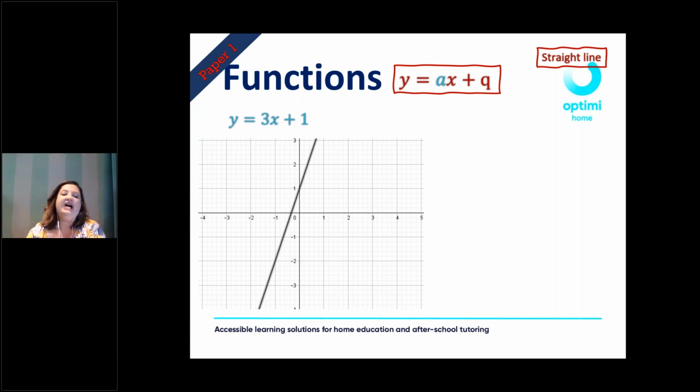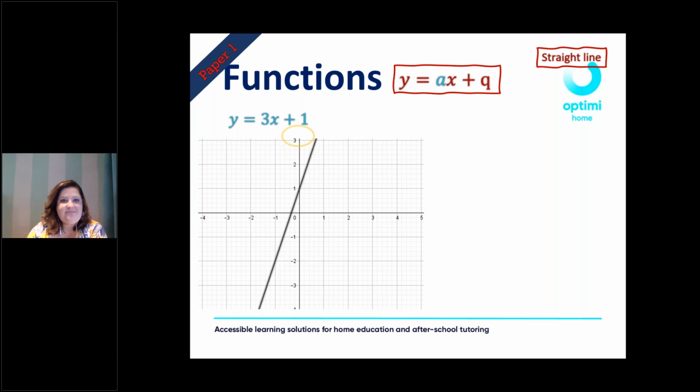So just to recap, how do we draw it? You can either make use of the stuff that I'm going to tell you today, or you can make use of your table method that we have done in our previous webinar, where you can choose x values and then you calculate your y values. So you choose a certain set of input values and you calculate your output values. Right, so if you have gone through that process, you will see that this is the line that you will